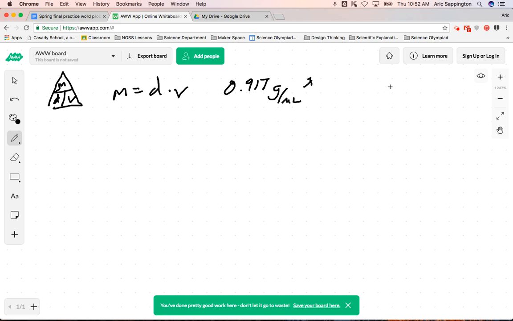However, we have a cylinder, so we've got to calculate the volume of the cylinder first. So we're going to go with our equation for the volume of a cylinder, pi r squared h, and pi is 3.14, times our radius, which is half the diameter, 1.4 centimeters. And we're going to square that, and then we're going to multiply that by